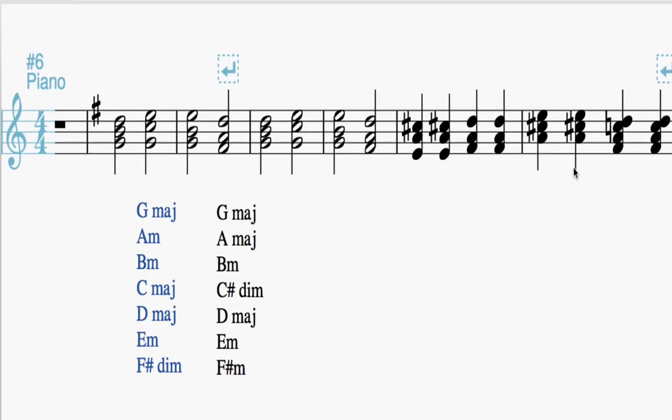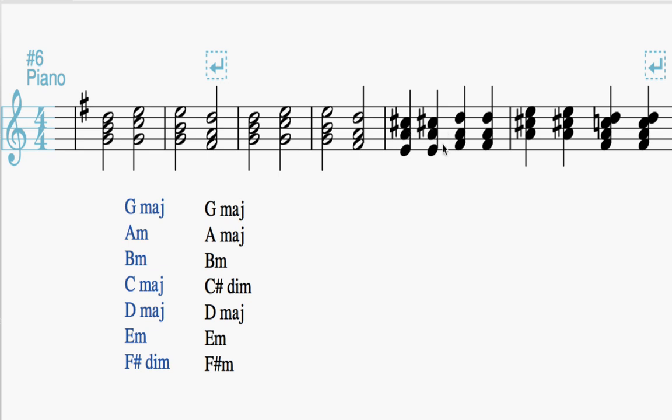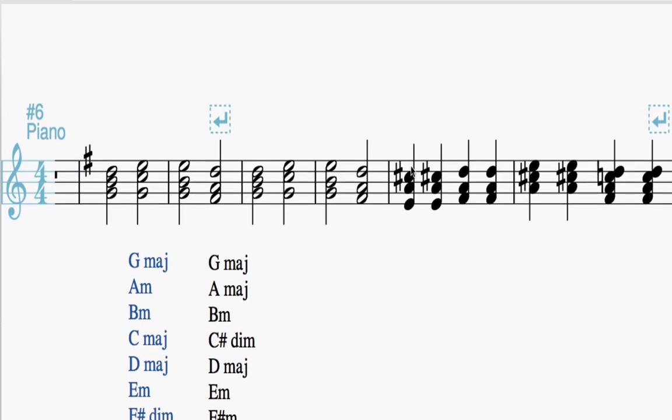Okay, so let's hear this, and then we'll take this sharp off and hear it again as if we stayed in key. Okay,